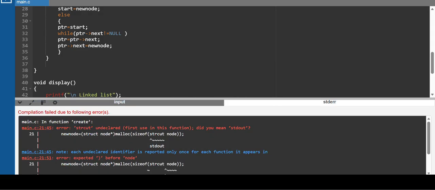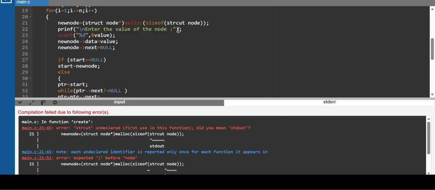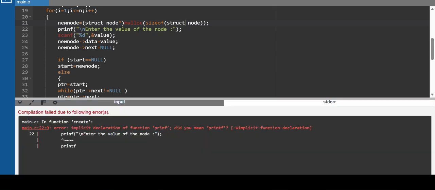Now we'll run and see. Here again struct spelling is wrong. Inside this you change the spelling to struct. Okay, printf t is missing. Okay,